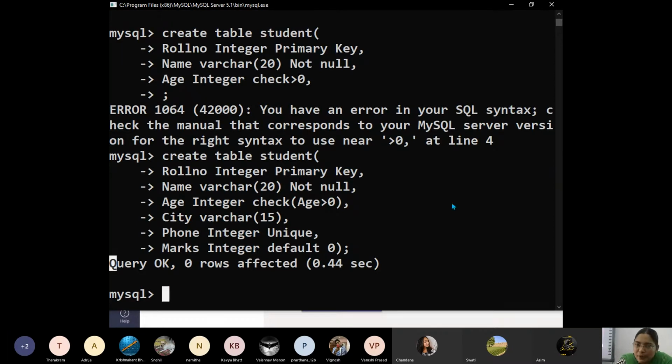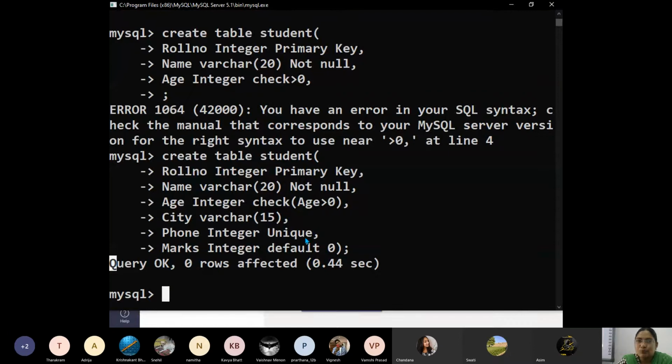See, primary key is both not null and unique. But this name can be repeated, but name cannot be blank. Whereas phone cannot be repeated, but it can be blank. So that is the difference between primary key, not null and unique.